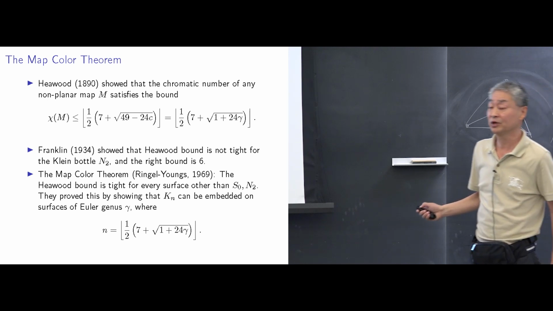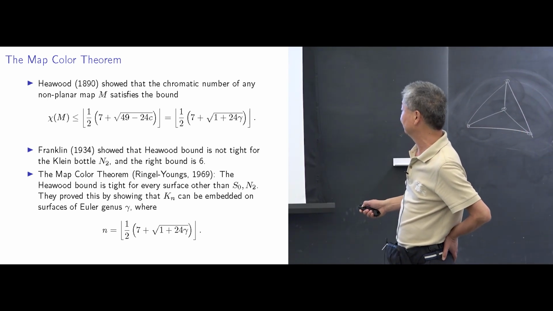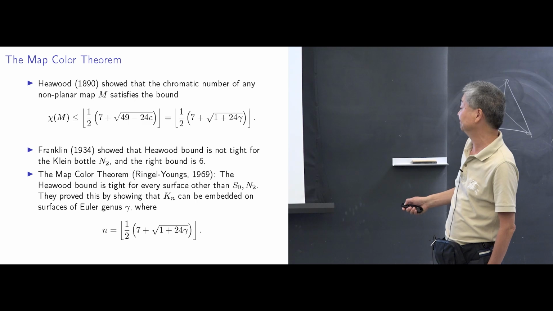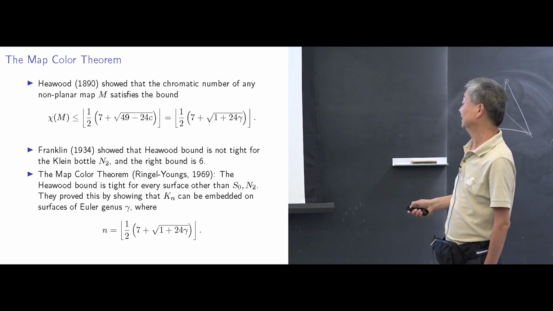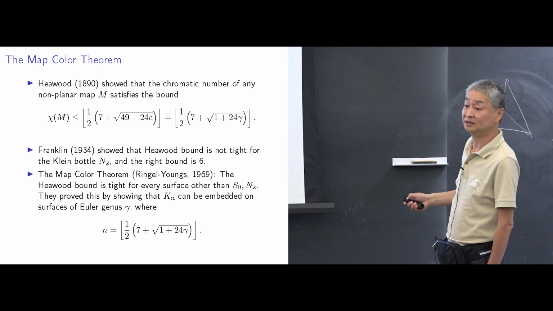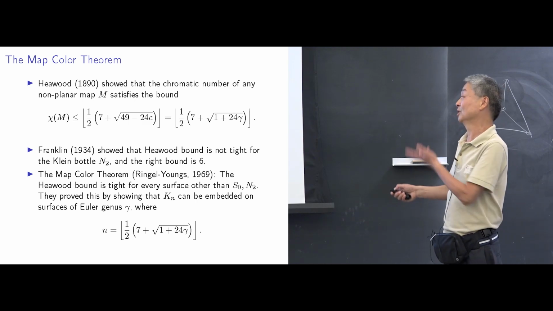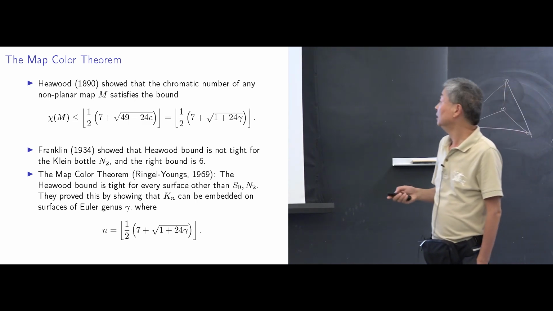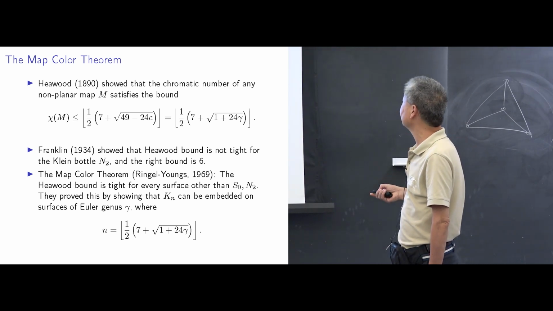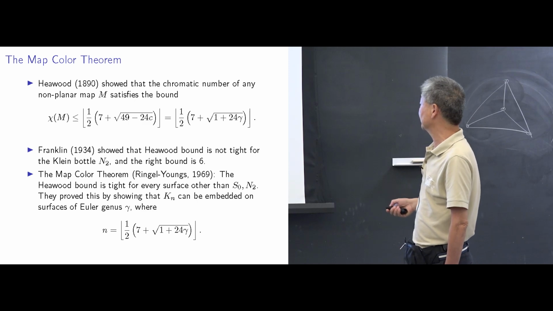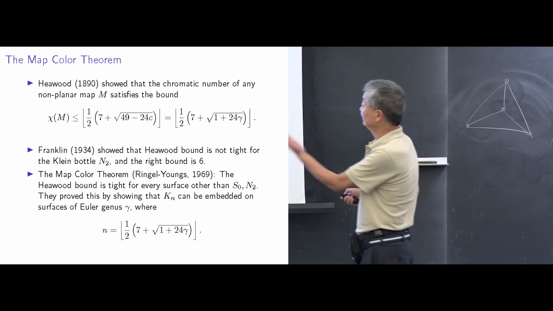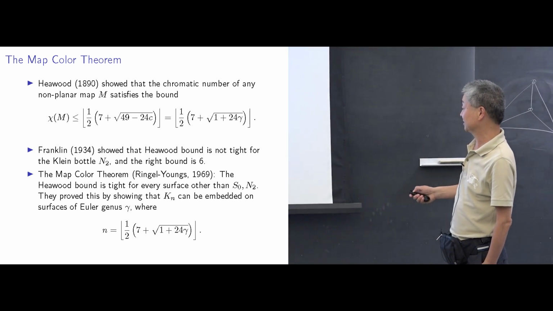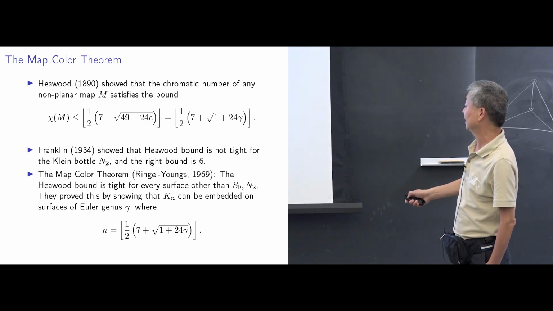And the proof of this is, of course, to show that the complete graph on n vertices can be embedded on a surface of this Euler genus, which makes this sharp. And the chromatic number is exactly n here. Okay? It took a lot of effort. Okay, so now, because they established this sharp bound by showing that the complete graph can be embedded in a surface of this Euler genus,